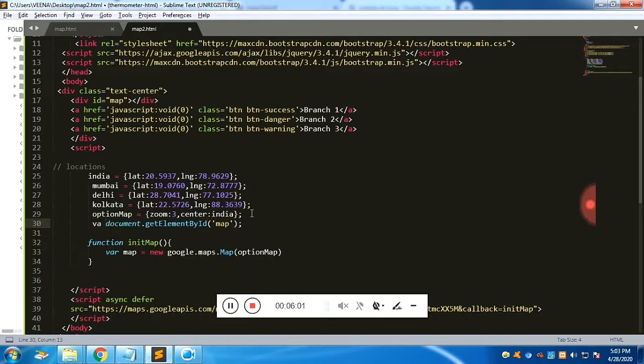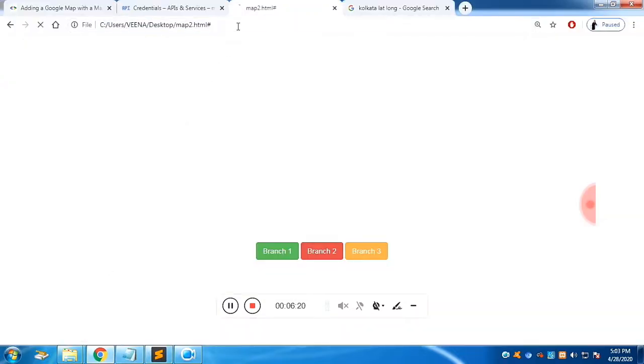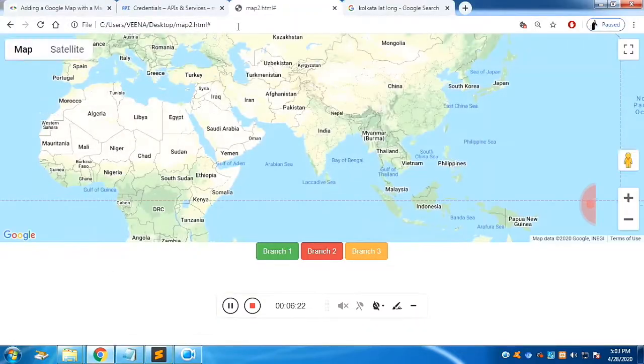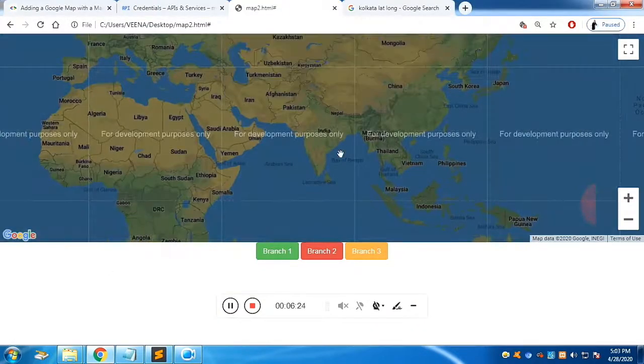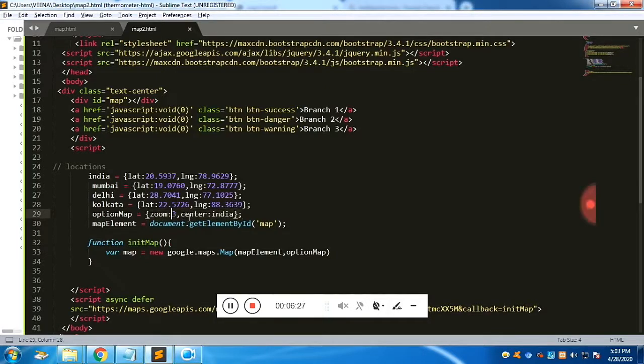So I'm going to get the element and store it in a variable called mapElement, and pass the element first, and then the map option. In the map option, we have specified the zoom level and the center is India. So you can see it loads with India in the center.